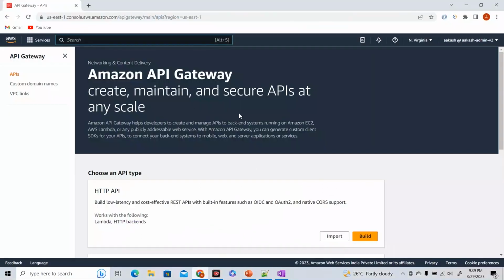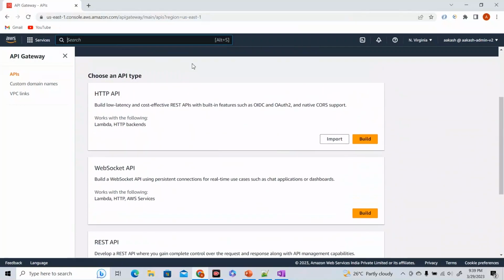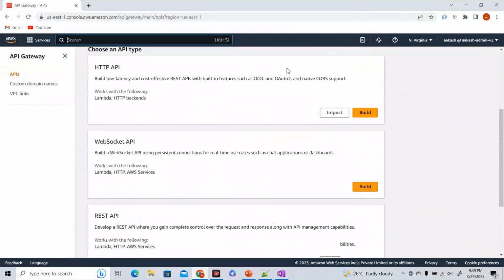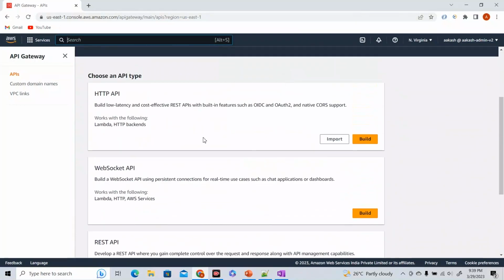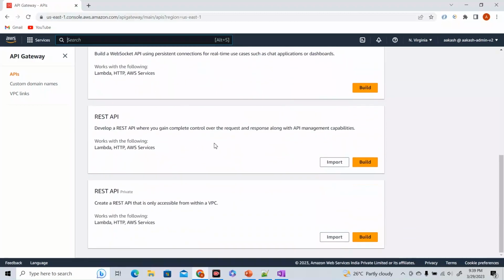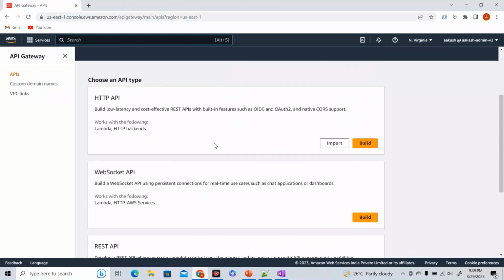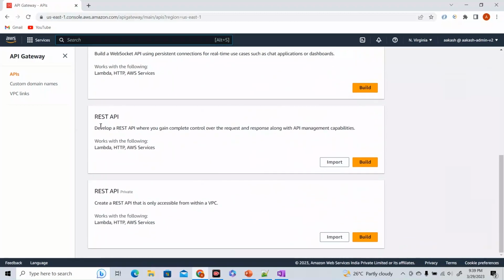Alrighty, let's go. So this is the API Gateway. It first asks for choosing an API type. You can create an HTTP API, a WebSocket API, or a REST API, whatever you want to do, you can do. I'm going to create a REST API. Basically, REST APIs are used for microservice based architecture, and then there is a front